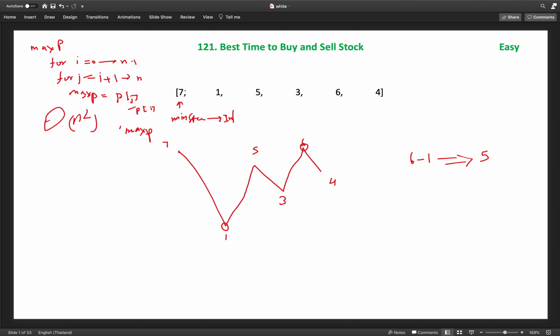The profit at the ith index is the price at i minus the minimum stock price at that time. Then we will update our maximum profit using this, and we will update our minimum stock price as well on the ith day if the next stock price is lower than the current one. So this is how we will do it and get the answer.